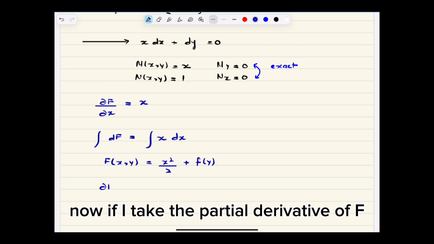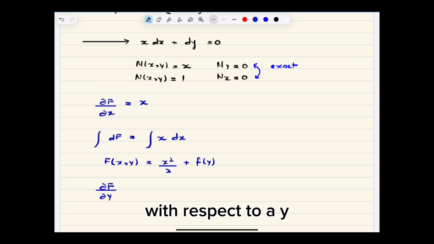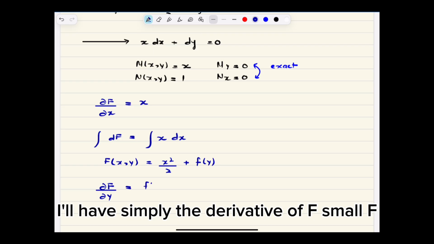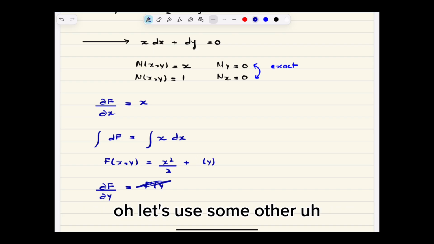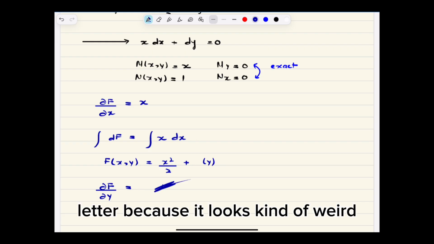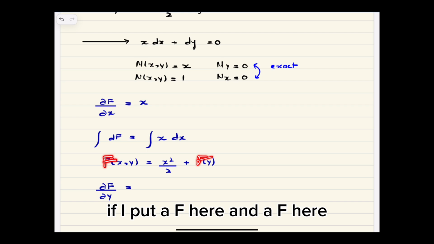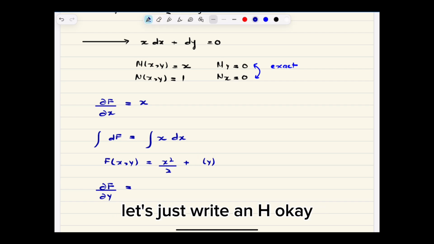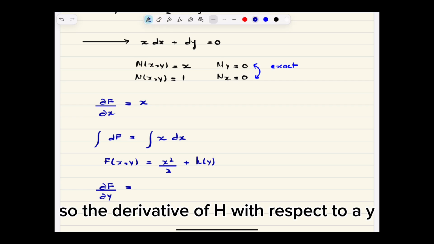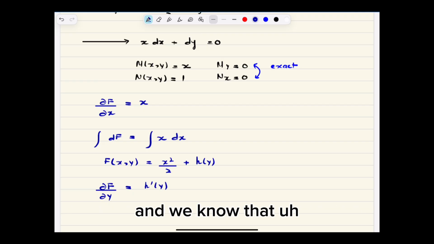Now if I take the partial derivative of f with respect to y, I'll have simply the derivative of, let's use some other letter, because it looks weird to put an f here and an f here. Let's just write h. So the derivative of h with respect to y, and we know that